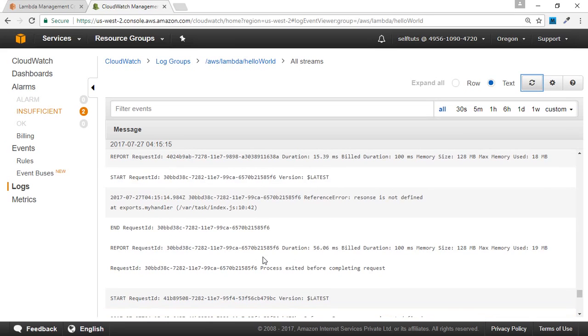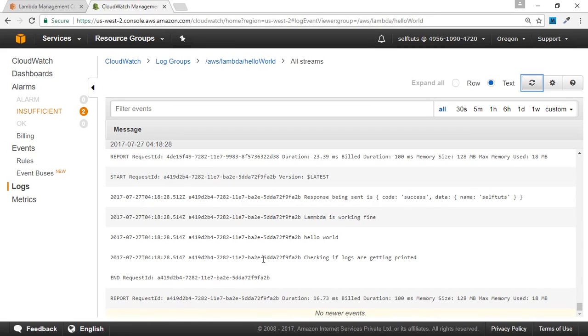See, checking if logs are getting printed, hello world, Lambda is working fine. So you can basically stream down also, if you don't want to see everything and just want to see the last 30 seconds or 5 minutes of logs, or you can filter through this input box, whatever things you want to filter out of the logs.